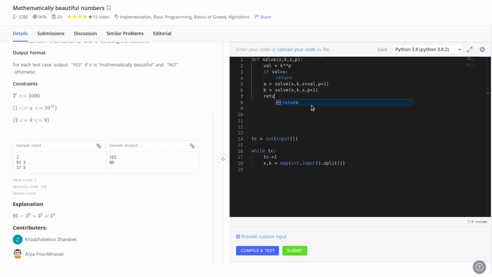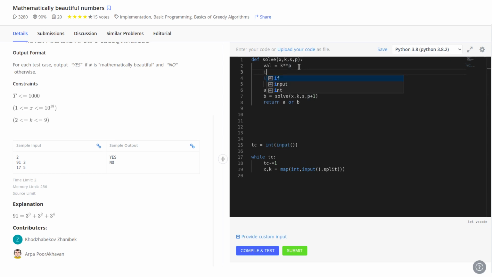And we are just going to say return a or b. Now here, if the value is greater than x, then we simply return false, which means you are not in the correct position and you are not going to solve this anymore. But from where will we return true? Again we have to check if sum is equal to x.